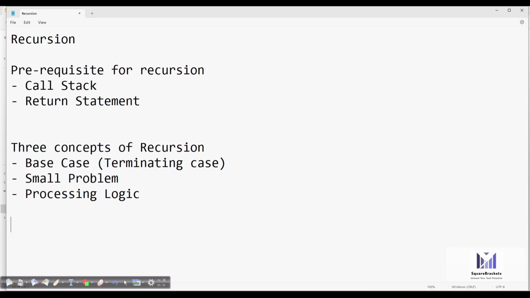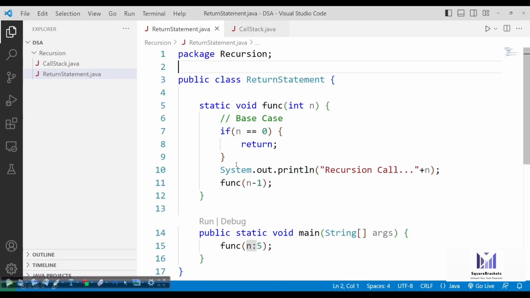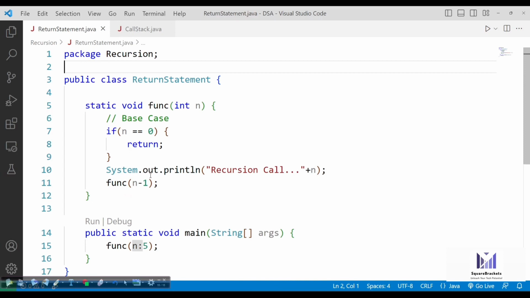So when we talk about our simple example of printing, like if I just want to print 5, 4, 3, 2, 1 in my output, what were the recursion calls? First we call F5. This is the very first thing that we are calling from the main method.